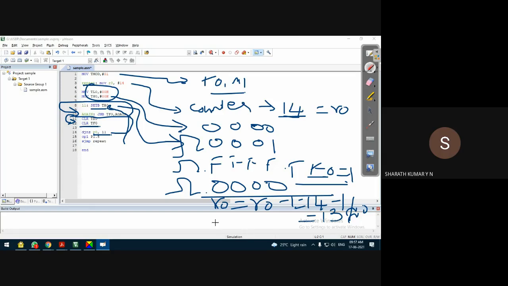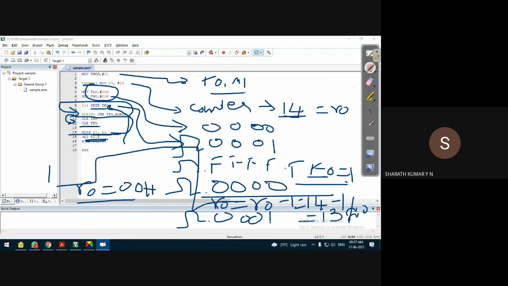Okay. And what does this say? Start the timer. So the timer again starts. Timer continues. On the application of next clock pulse, the count becomes 0001. Like this it continues. How long does it continue? Till R0 becomes 00H, the timer will continue to run this program. Once R0 becomes 00, P1.5 is complemented. When P1.5 is complemented, that means the timer has run for 14 times.